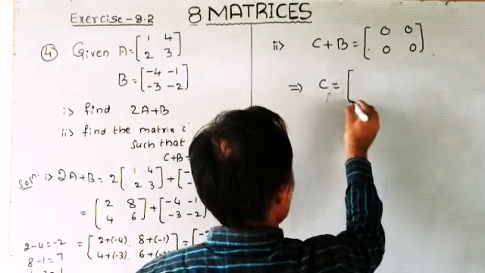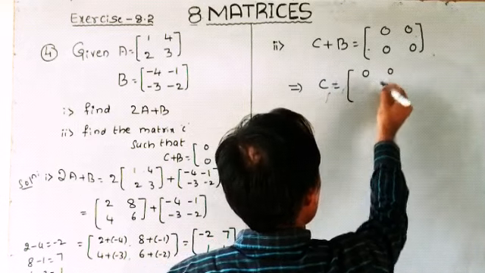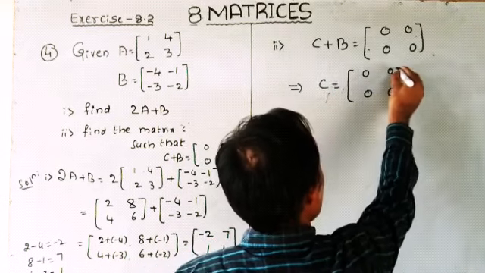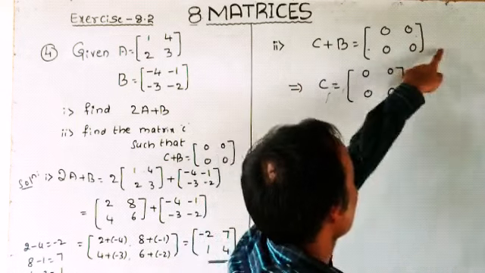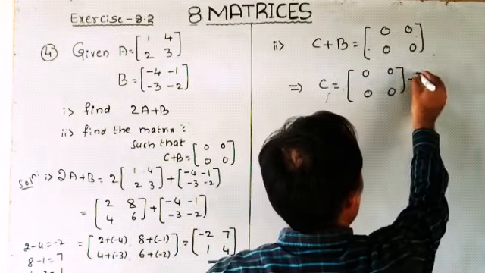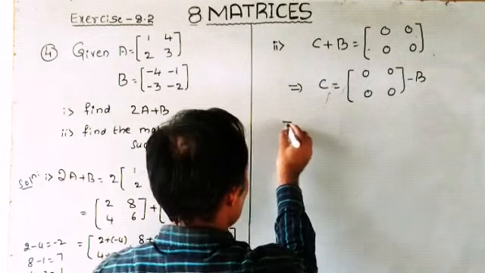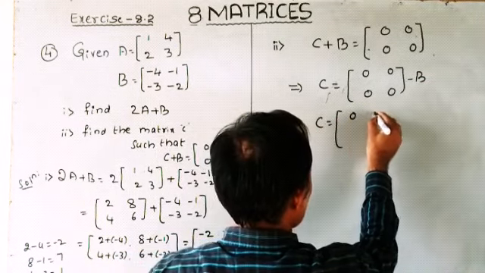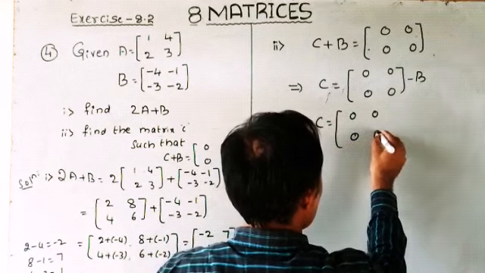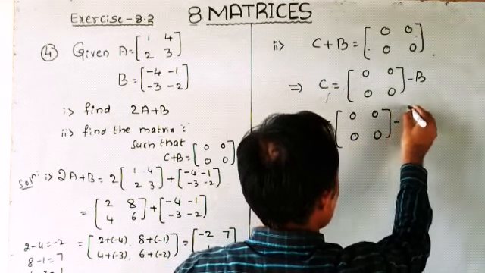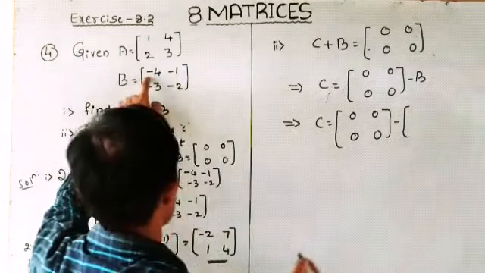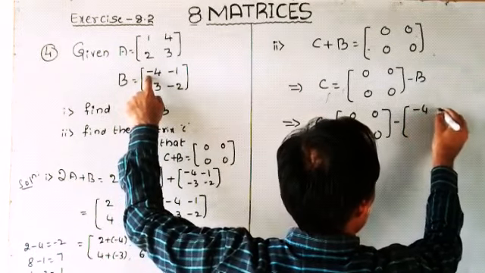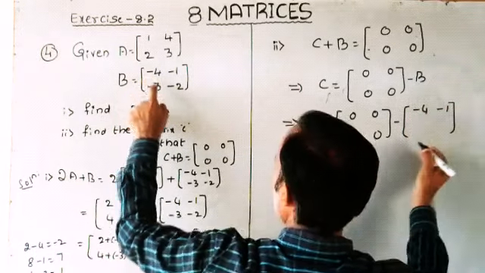C is equal to 0, 0, 0, 0. You take B to this side, it will become minus B. So which implies C is equal to 0, 0, 0, 0, minus, replace the B matrix, minus 4, minus 1, minus